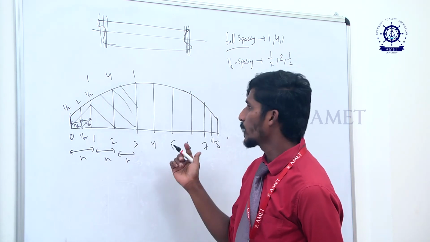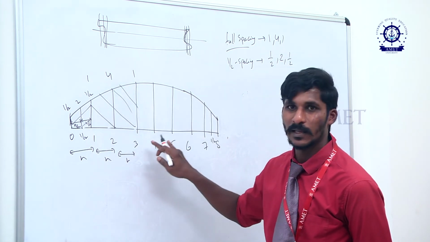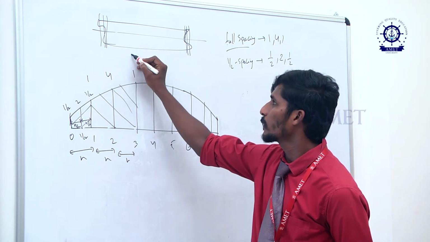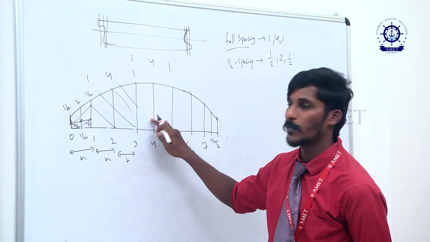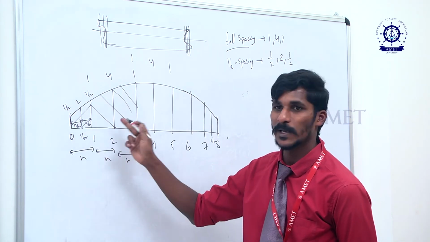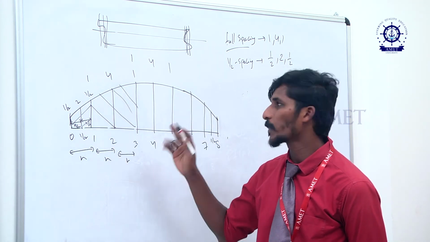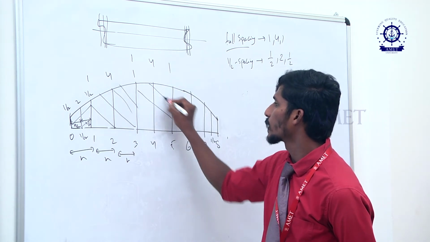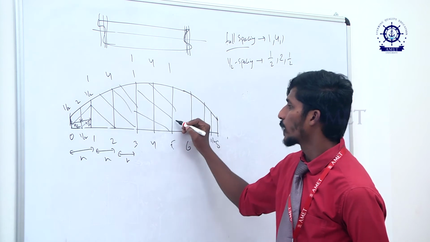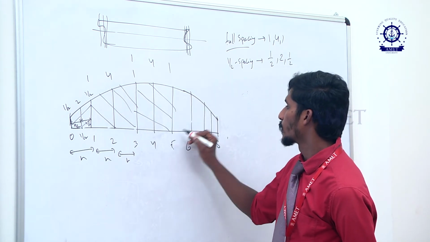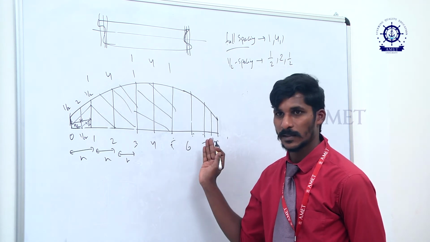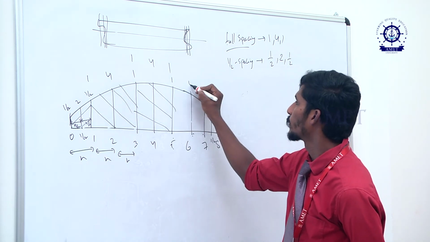Now again, if you see these are the full spacing, the next ordinates you require are 3, 4, 5 that you will take. So you will apply the rule again 1 4 1, because it's a full spacing. When you compare with half spacing, you have half spacing in the same water plane, so I apply for full spacing 1 4 1. So this is the area under the curve. Now again, to continue, we require 3 ordinates. So 1, 2, 3. If you take these 5, 6, 7, these 3 are again full spaced. The rule will become again 1 4 1.